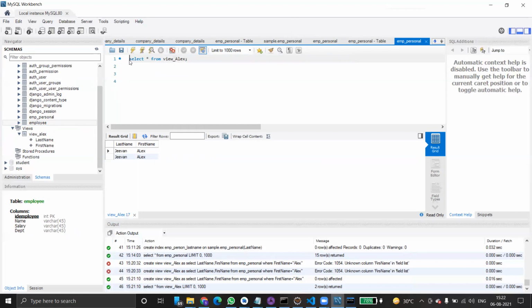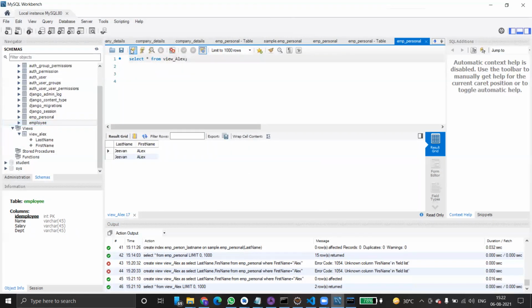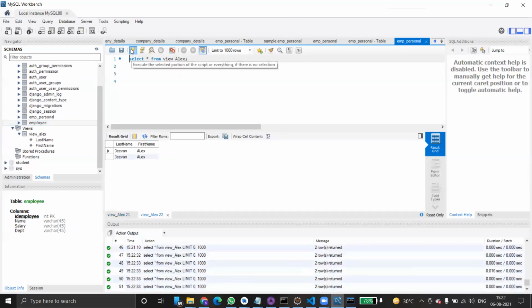Control S, run it again, and it simply returns the same results. If you want to create a view again, you have to create a view name AS, and give the query you want to mention.